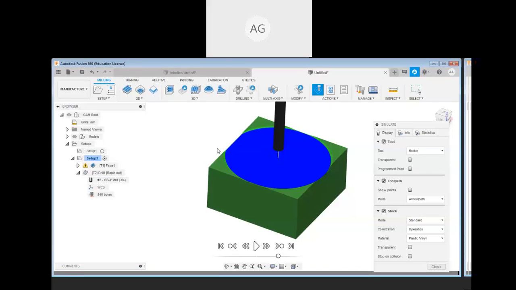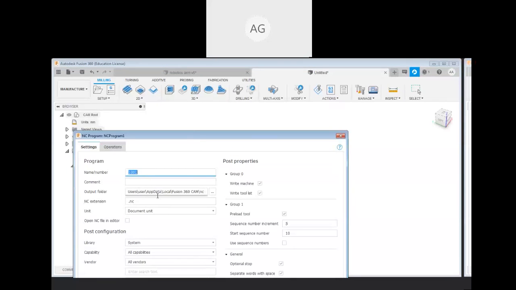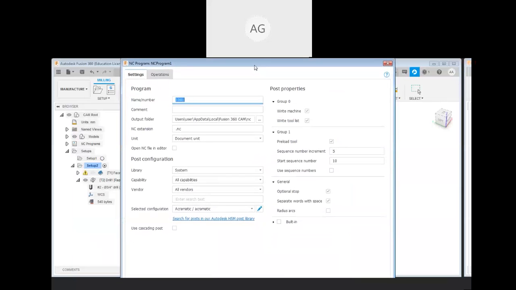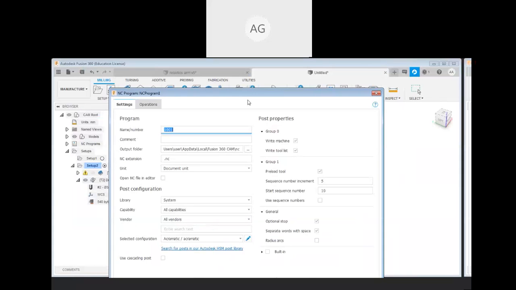If there is any doubt related to this, you can ask and you can practice it. Then after that, what more can you do over here? Now this one is the MC program. You can save that file in the format of the MC program. That code is being generated over here locally, and you can save it. So that G code you can save over here in this simple way.